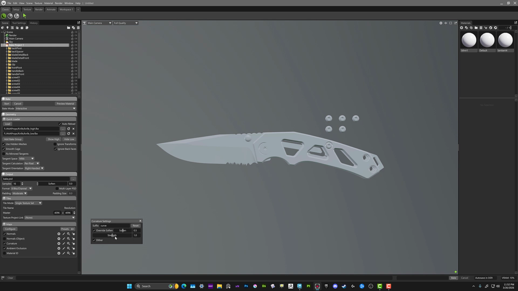Since curvature is used to kind of mask things off in any type of generator or automated fashion in Substance Painter, you want to make sure that you have your range, because you always can clamp it down or change the balancing of that reference when you're creating a mask or using the curvature as a reference in Substance Painter. So if it's actually a little soft, I'll dial it up a little bit just so I have a full range to work with. And then same thing's true with the ambient occlusion. So yeah, once that looks good, you just